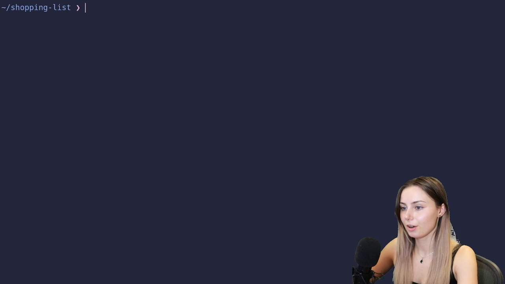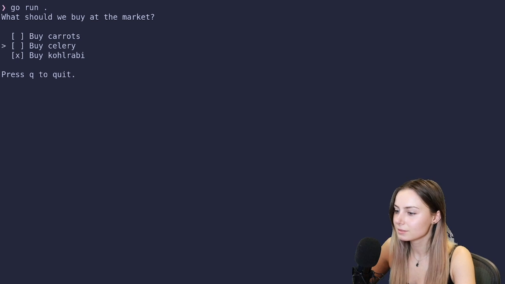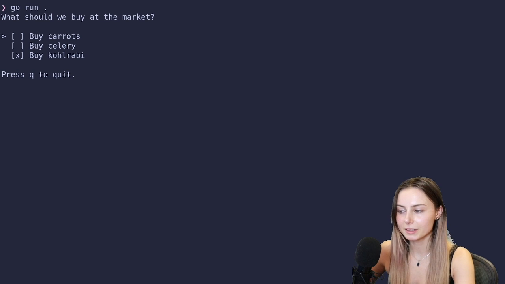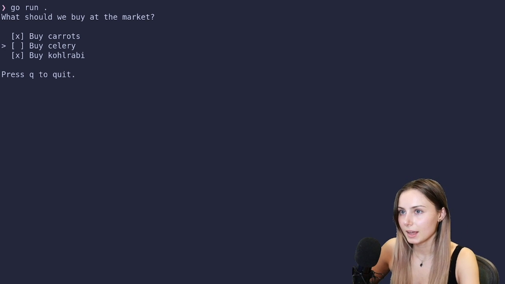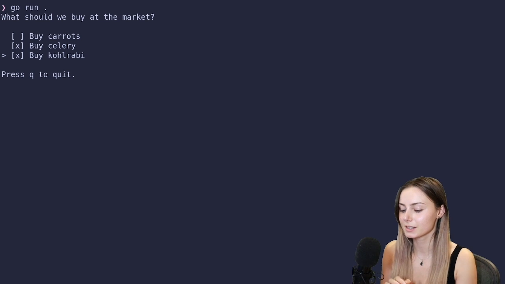So I'll just clear all of that garbage. Let's run go run. What should we buy at the market? Let's see. Let's buy some kohlrabi because we're feeling adventurous. Let's buy carrots. And actually, no carrots. Let's get celery instead. And there you have it. You can select whatever items you'd like from the list and hit q